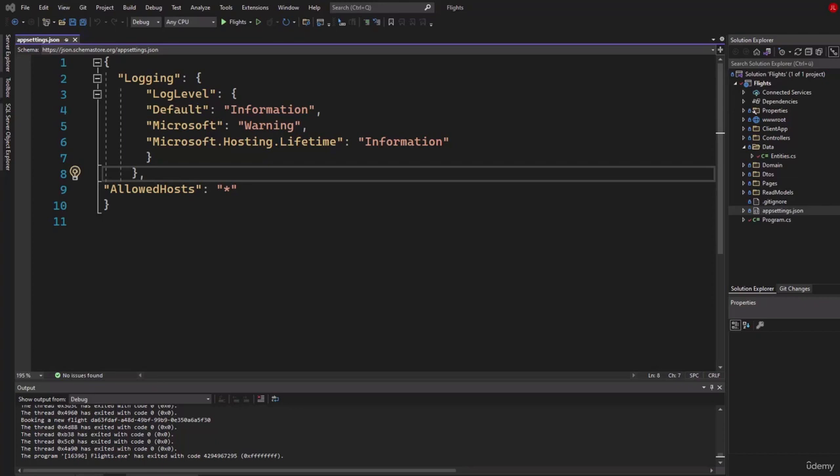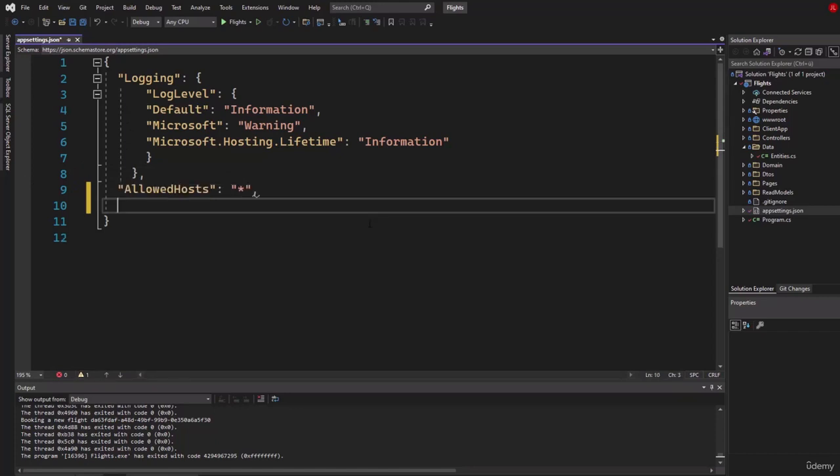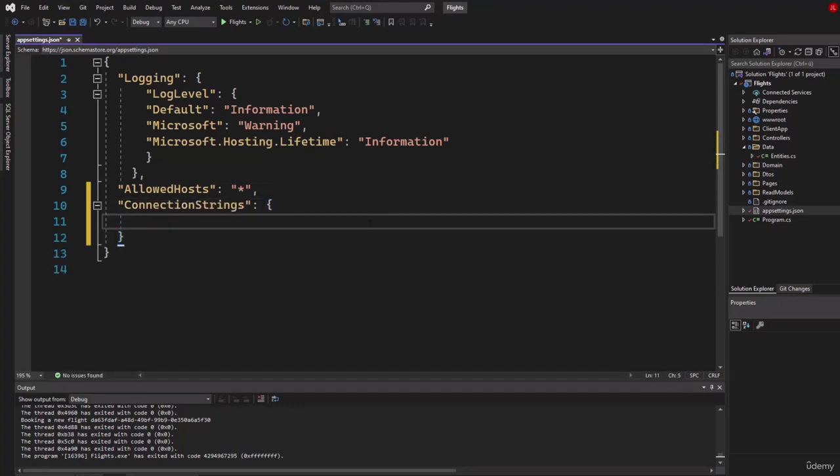There are two things that we have to use here. First of all, let's bring in our connection string. So what we do is we add a new key value pair, so simply add a comma here. And let's go ahead and call that ConnectionStrings. You can see it's already pre-suggested. And this is an object, right? So the key value pair and the value is a new object. And inside that object, we have another item, which is called Flights. So this is the key which we can use to then grab the connection string that I will write inside